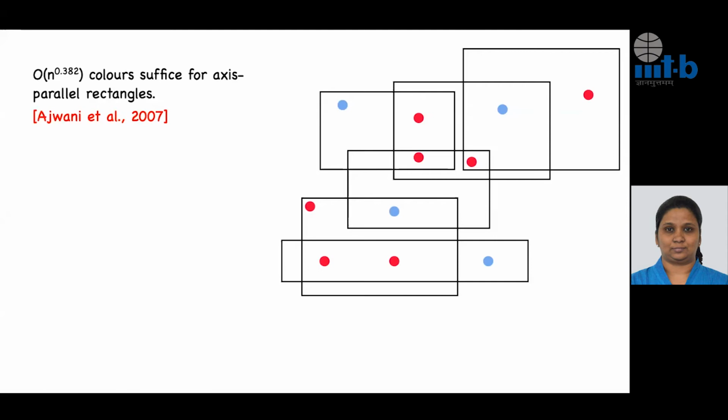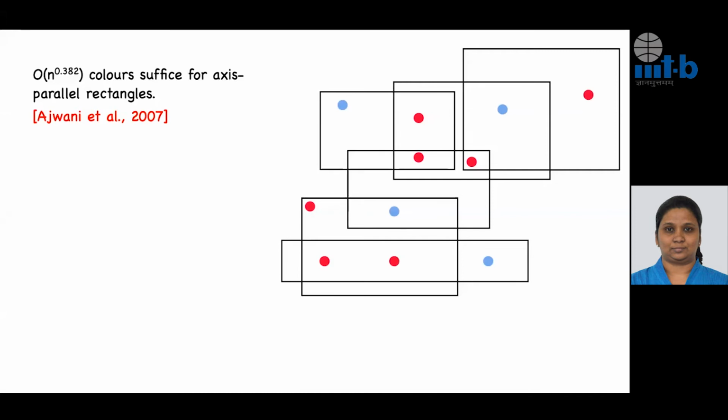So to the best of my knowledge, this is not a tight bound. The lower bound is much smaller than this, and there's a gap between the upper bound and lower bound. It's been an open question for some time now, right? And also around this time, apart from the practical interest,